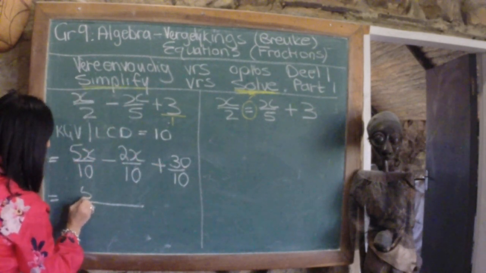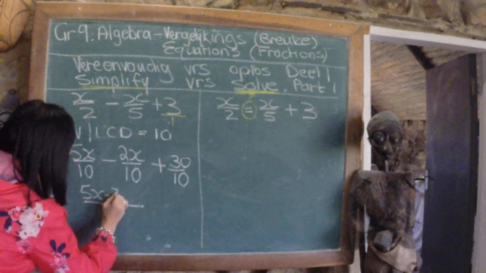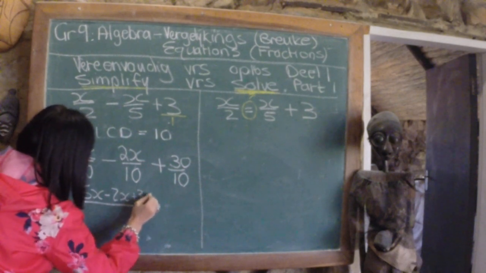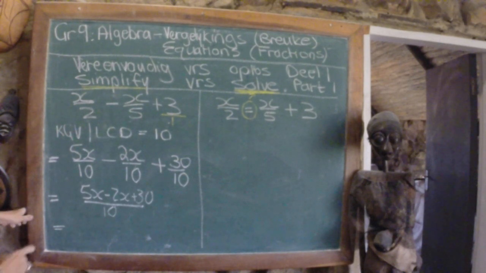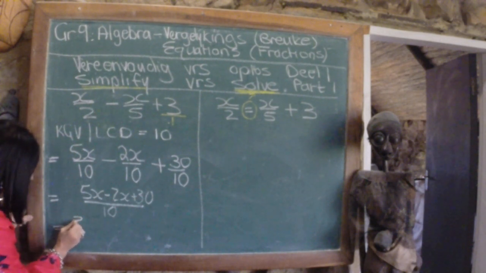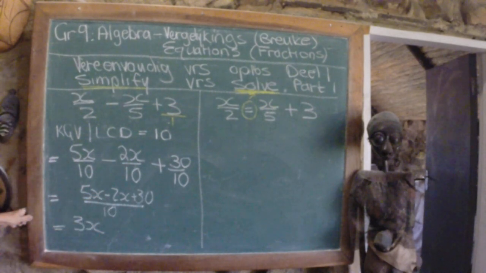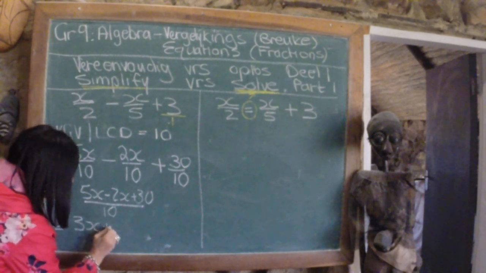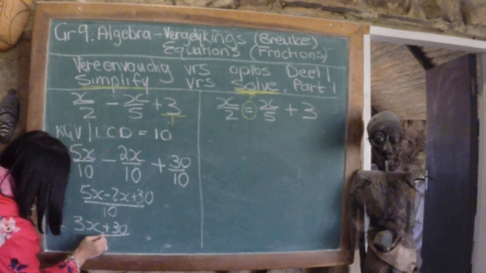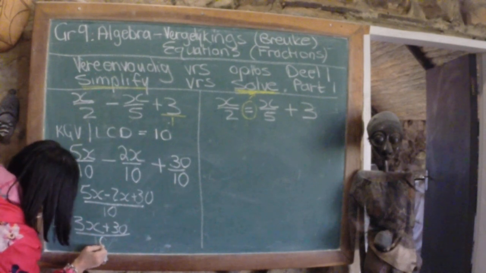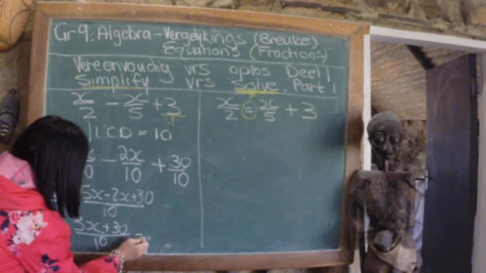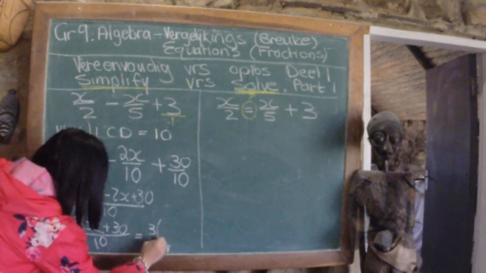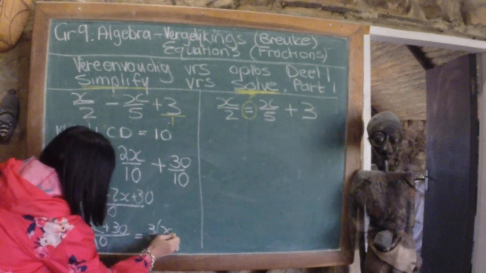So ek kan alles op een nommer sit, en ek het 5x minus 2x plus 30, alles op 10, and my final answer, I can add the like things. 5x minus 2x is 3x, 5x minus 2x gives me 3x, plus 30 on 10. There you are. You can take out the common factor if you like at the top. 3 kan ek daar uithaal en sê, dis x plus 10